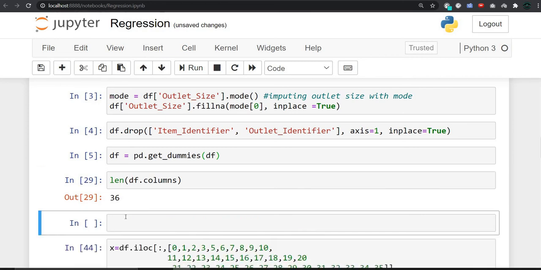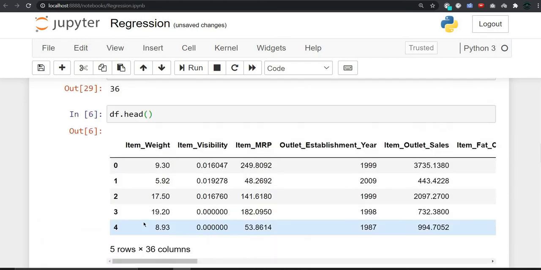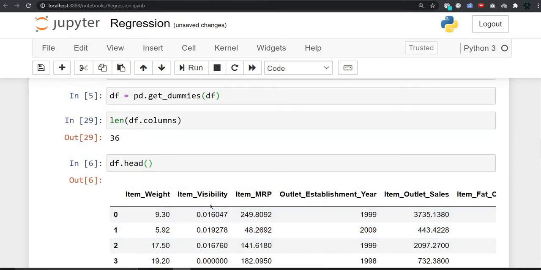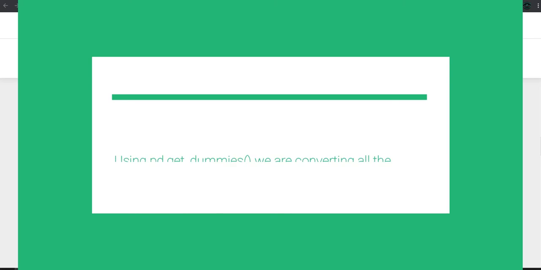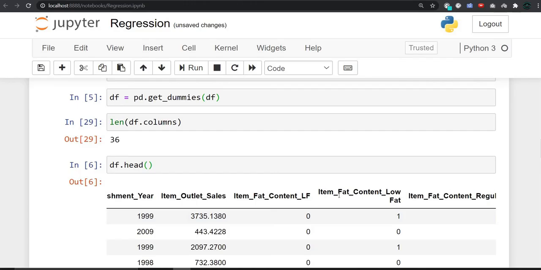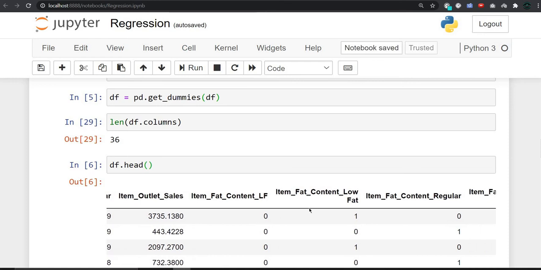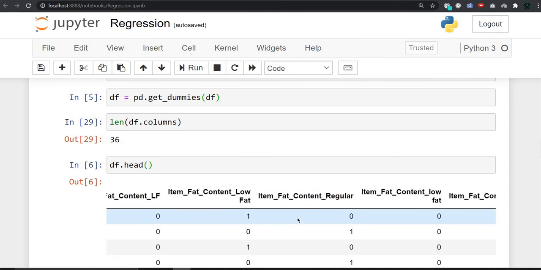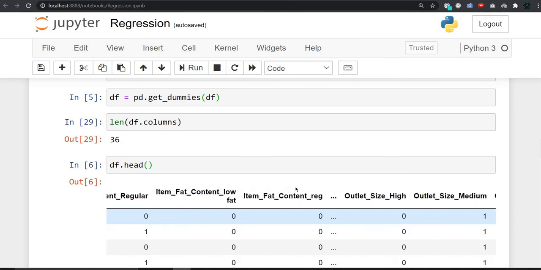Let us see. Now if we look at df.head, you can see that all the things that were string, here item fat content, low fat, have been converted into 1 or 0.